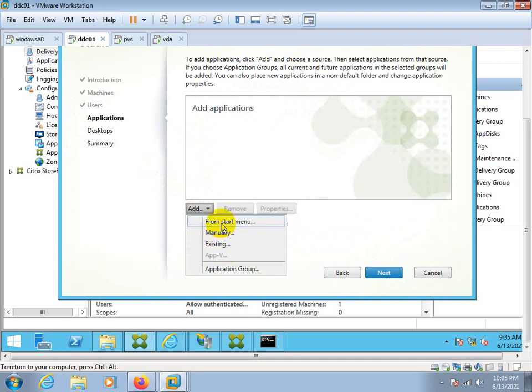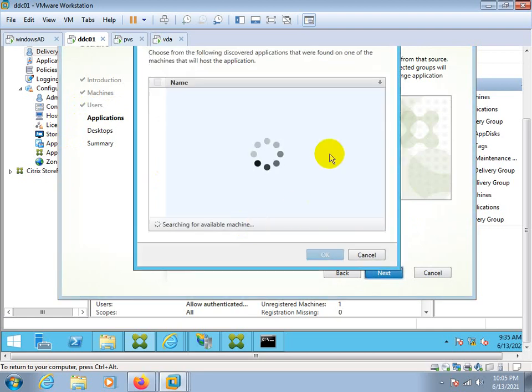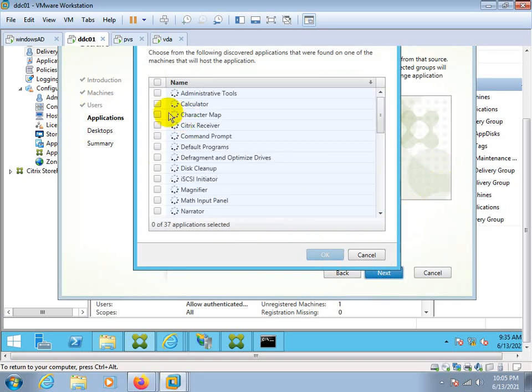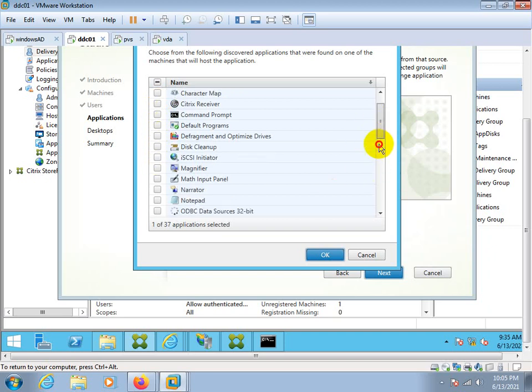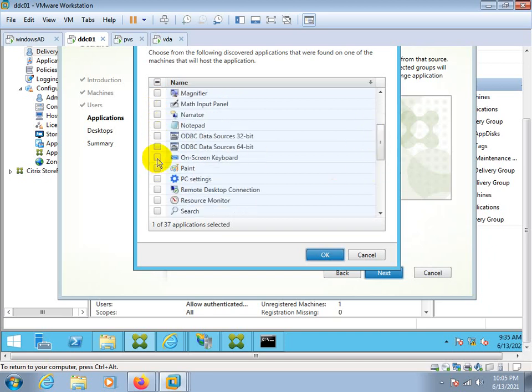add the applications from start menu. I will add the default applications over here. It's a calculator and OSK.